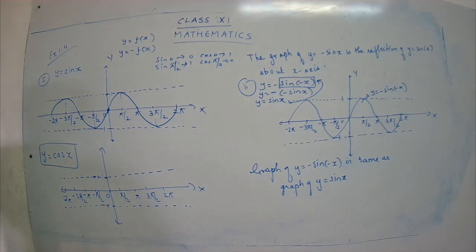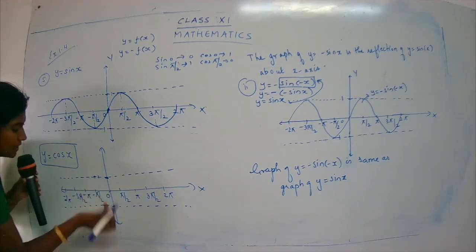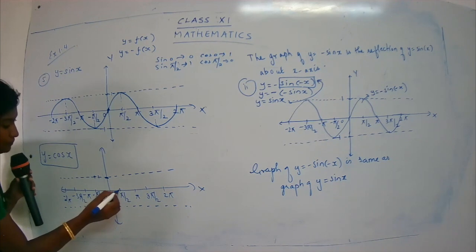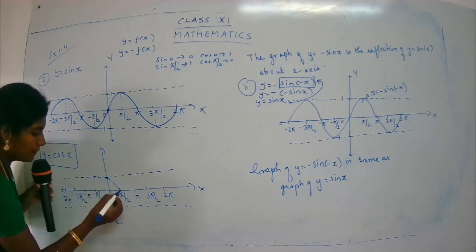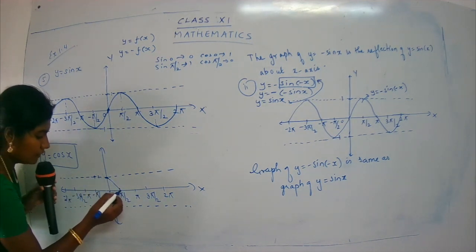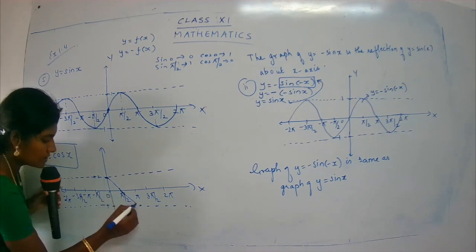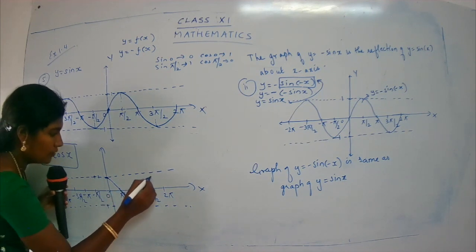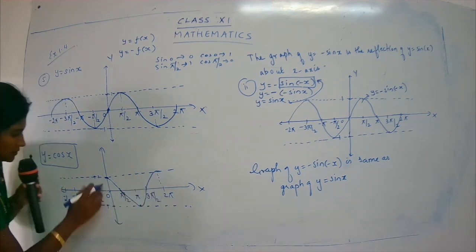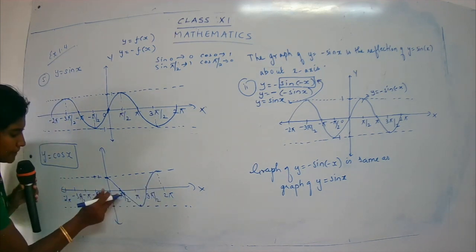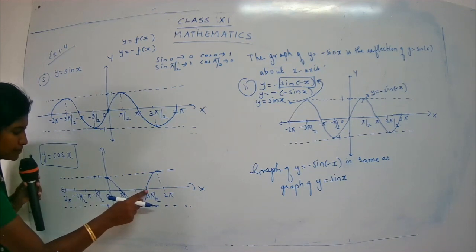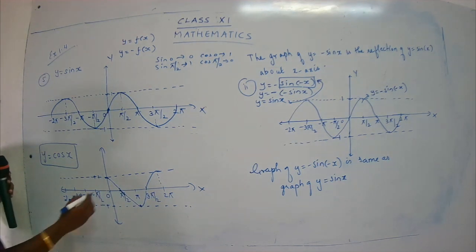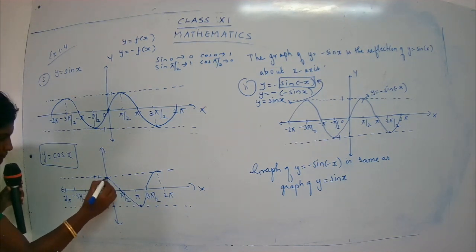Yes, so let's start from 1. See, it starts from 1. Then at pi by 2 it's 0. So here it's 0. Then again it will go over here. It comes to pi. So like this. Okay, children, it will go like this. See, at 0 it is 1. Then at pi by 2 it is 0. Then here again it's minus 1. Then here 0, at 3 pi by 2 it is 0. Here it's 1. Then continue in the same manner.